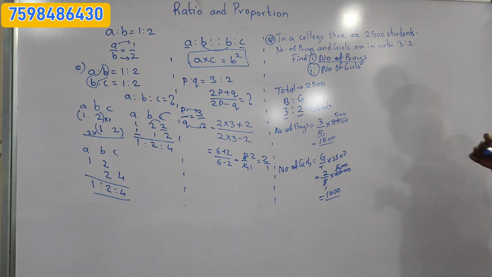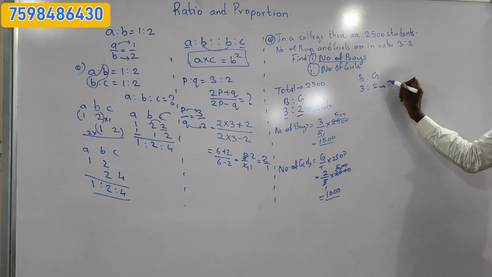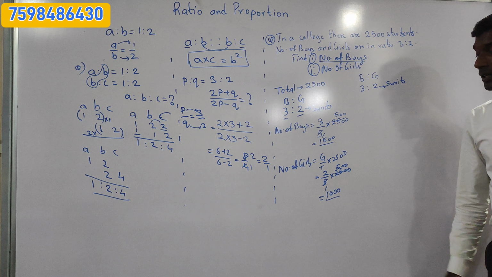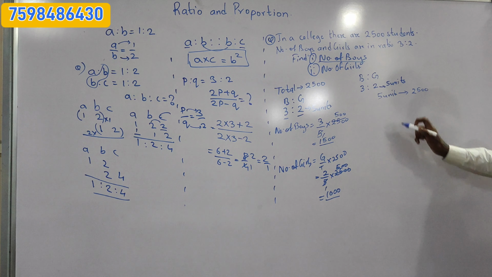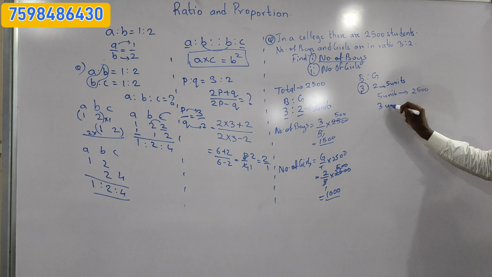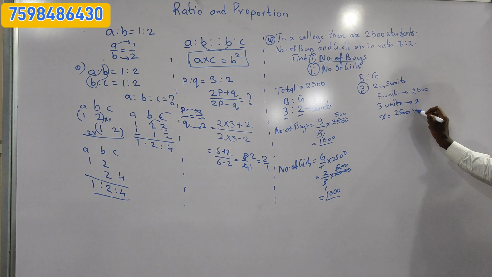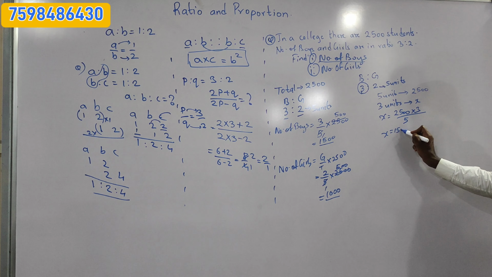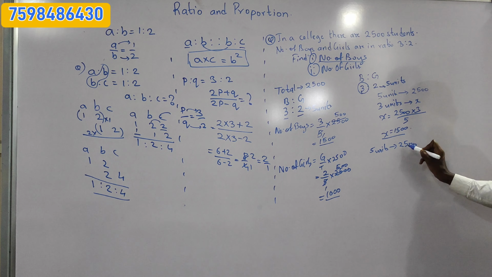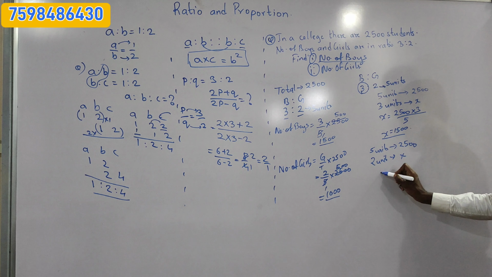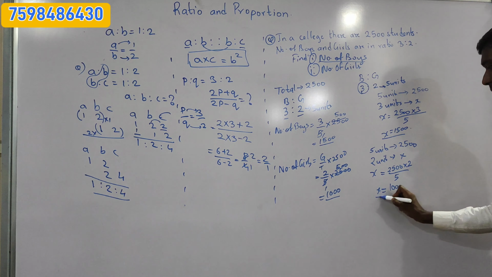The other method is called the unitary method. The unitary method is also almost the same. The number of units of boys is 3 and the number of units of girls is 2, and I know 3 plus 2 gives me 5 units. So 5 units is equal to 2500 students. If I want to find the number of boys, if 5 units is 2500, 3 units is equal to how much? Now you can cross multiply. X is equal to 2500 into 3 divided by 5, you get 1500, that is the number of boys. And for the number of girls, you are going to multiply. 5 units is 2500 students, so 2 units is equal to how many? Again the same, 2500 into 2 divided by 5, you get 1000. So the number of girls you get is 1000. This is one